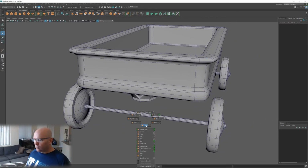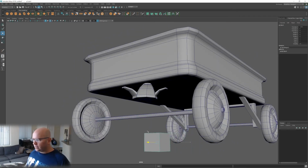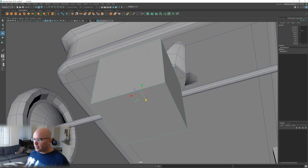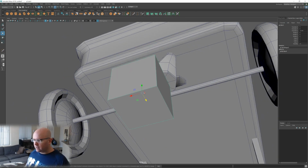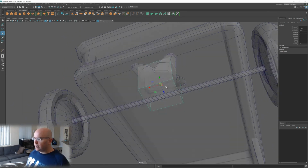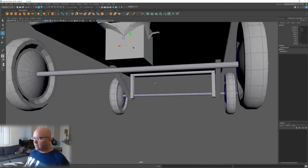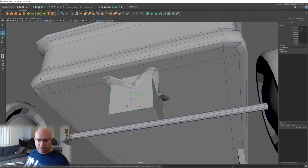So again, cube, right? Almost everything starts with a cube in box modeling. Let's just first of all, let's snap it. Hit the F key, and then let's hold the V key down. Let's just snap it right to the center of this, right? If we're gonna make a steering column, and this is where the steering column mounts and pivots from, right? This is where the steering column pivots, which is very important to understand